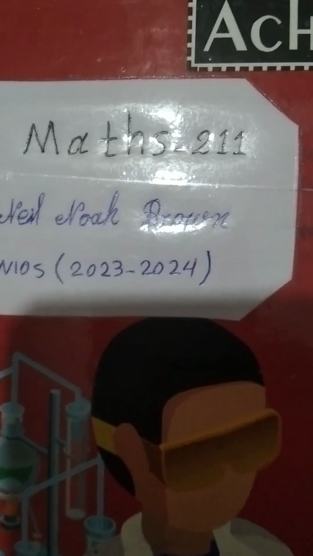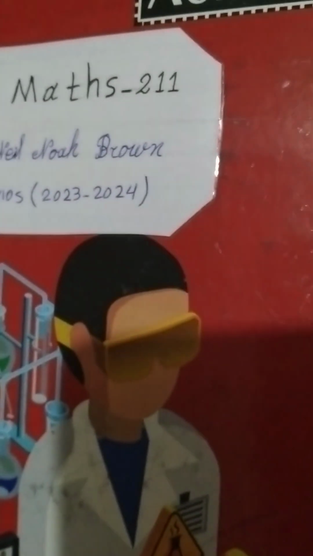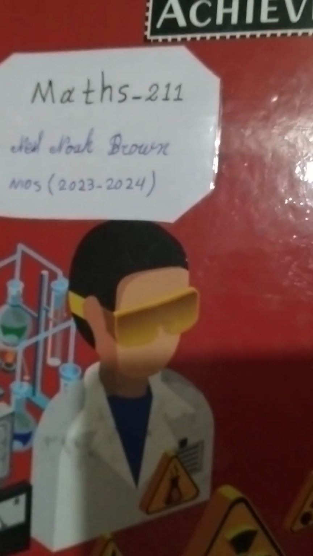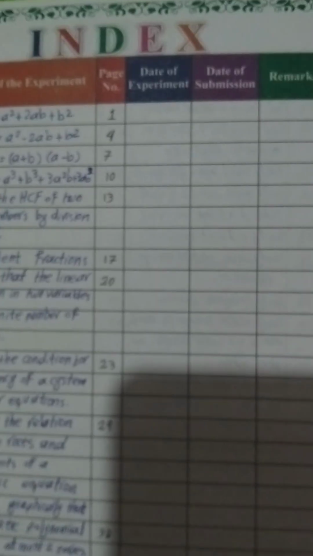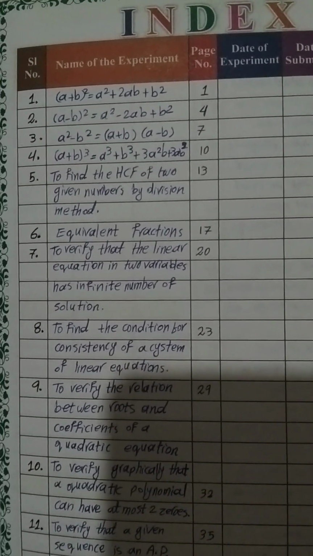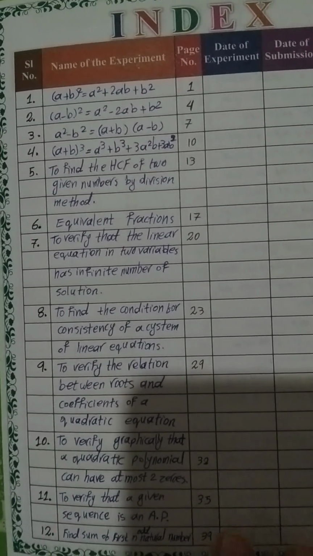Maths paper 211, a subject offered by NIOS for grade 10, and we are going to have a look at the practical record which was prepared by Mr. Nino Brown in 2023-24. Index. There are 30 practicals, in each of which there is a formula or a law in maths